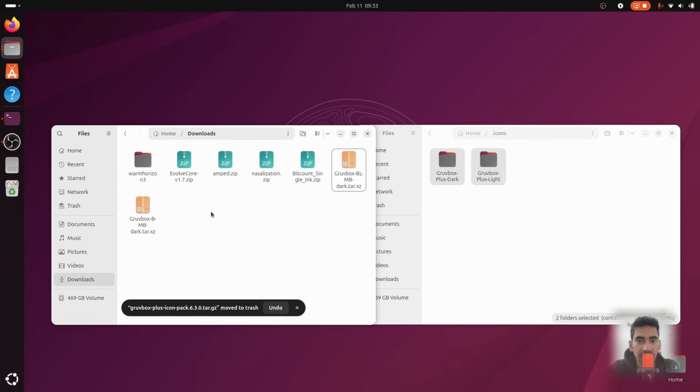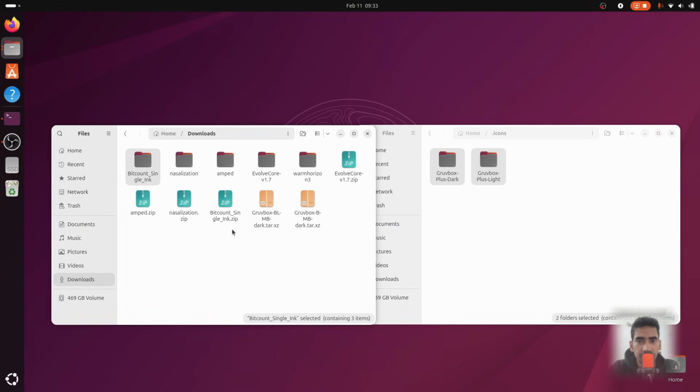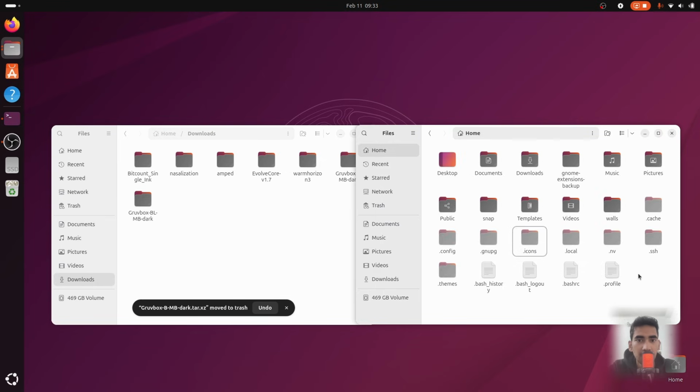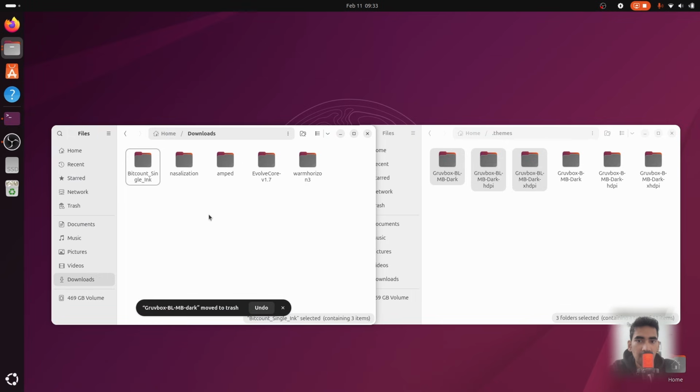I will simply extract all of these downloaded themes zip files one by one. I can simply double click to unzip and then delete the zip files, and then I will go to .themes and drag and drop the themes folders inside the .themes. And after that,